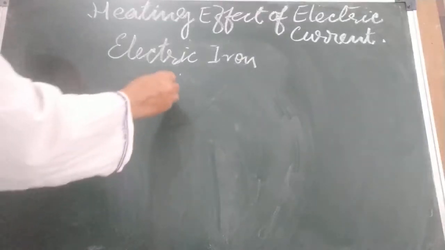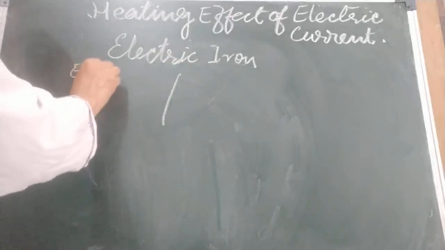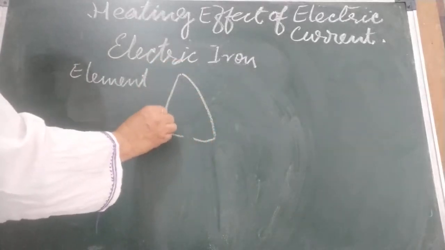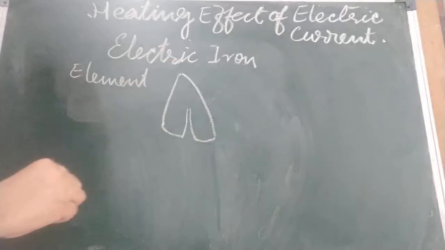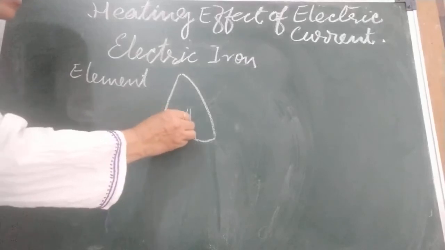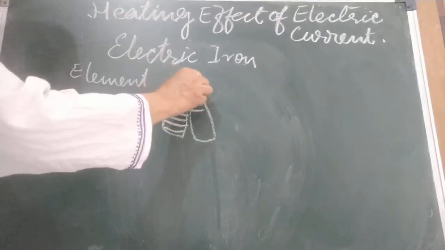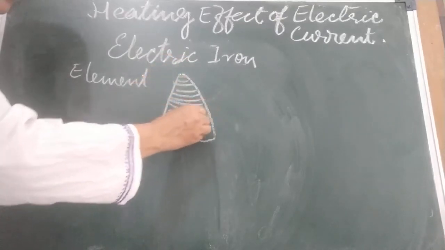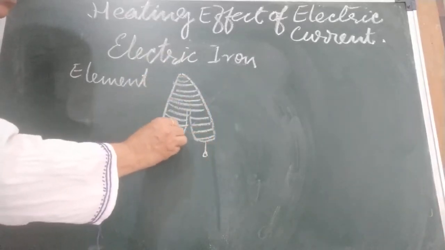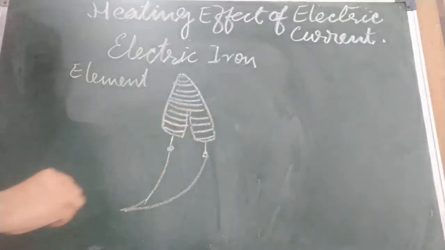Whenever you get time, you visit an electrician shop and ask them to show you the element. This element is like this. It's the shape of the iron. But when you observe, it is made up of a very thin insulated strip, and very thin wires are running here. It is not given in the book, so hear it very carefully. There are screws by which the wire is attached. This is placed inside the iron.